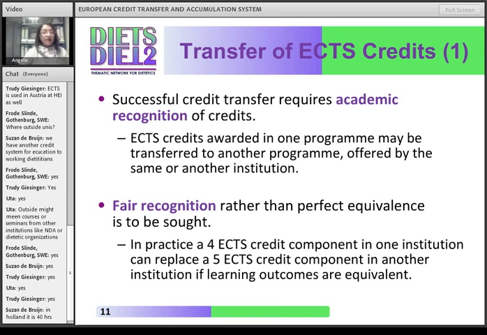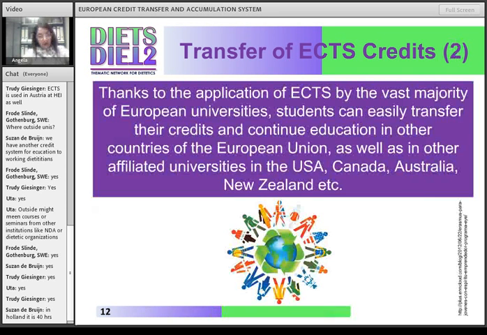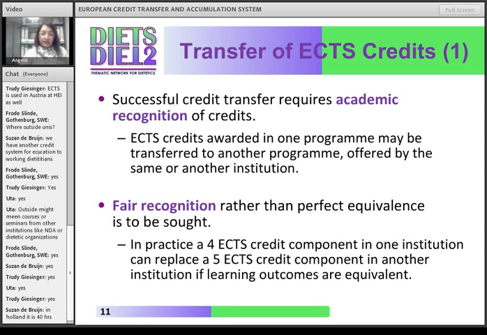So as long as the competences you obtained are similar, then the ECTS should be recognized. A fair recognition, then, rather than a perfect equivalence, is to be sought. So, in practice, a 4 ECTS credit component in one institution can replace a 5 ECTS credit component in another institution as far as learning